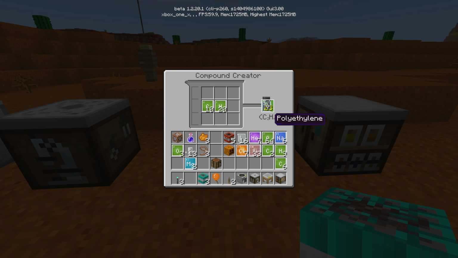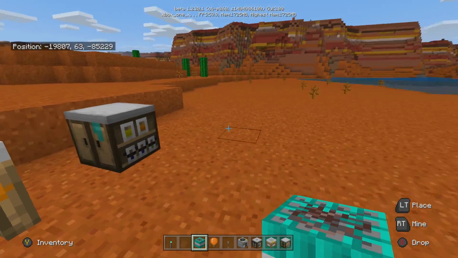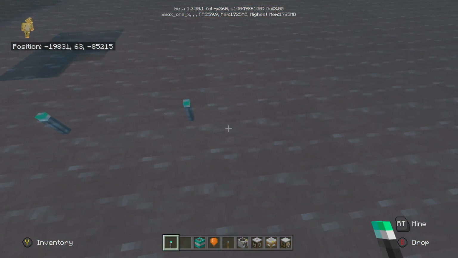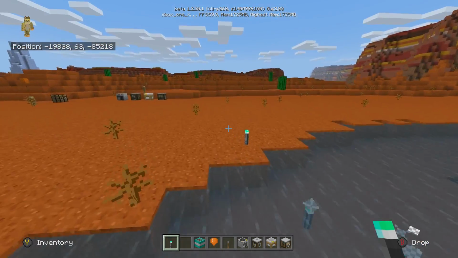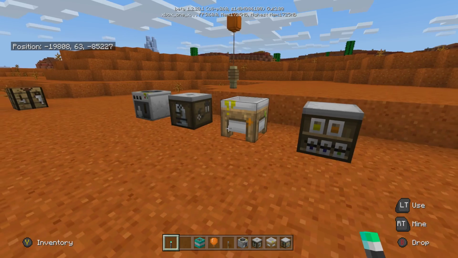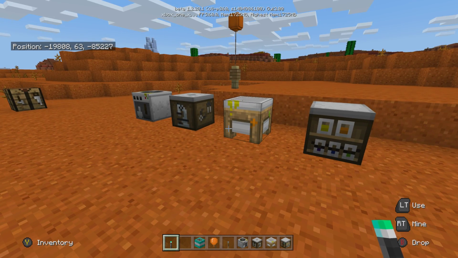So as you can see, polythene, polyethylene, is a cool little gas. There we go, sparkling. So, we take the polyethylene now. This is a very complex recipe. And then we're going to take some